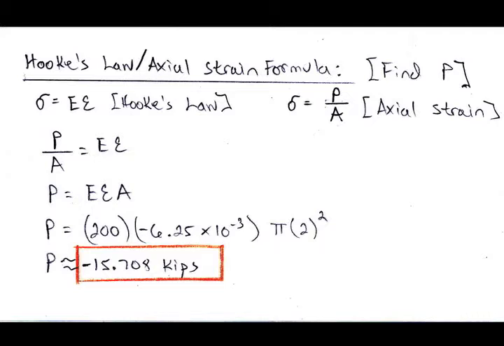So we'll get P over the area is equal to the modulus of elasticity times the axial strain, and rearrange that a little bit to get P by itself, and we'll get P is equal to 200 times 6.25 times 10 to the minus third times the area, which is pi r squared, so pi times 4 in this case, and the final answer will be negative